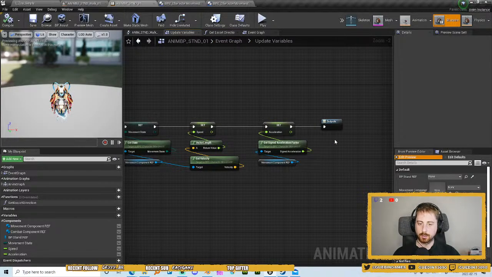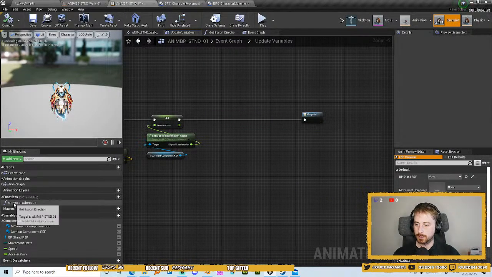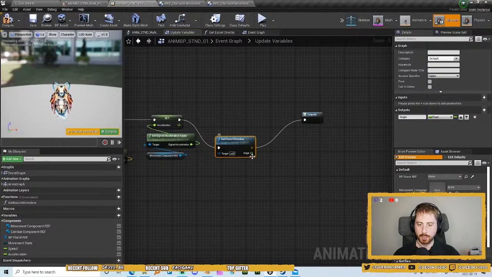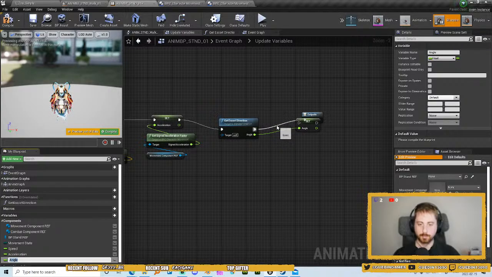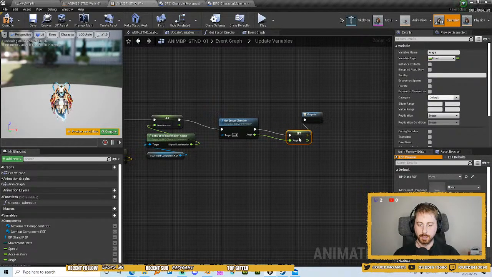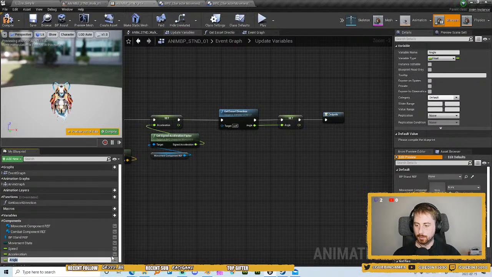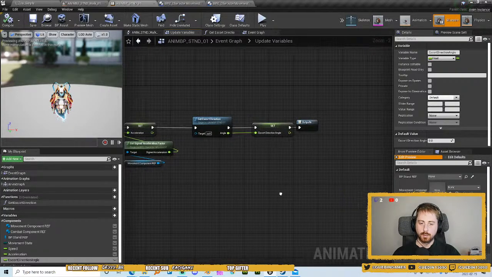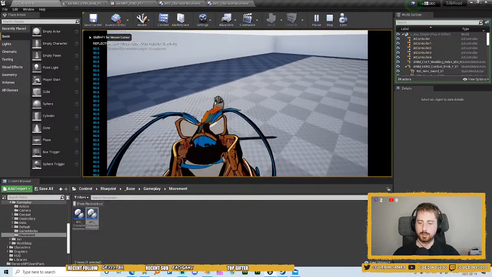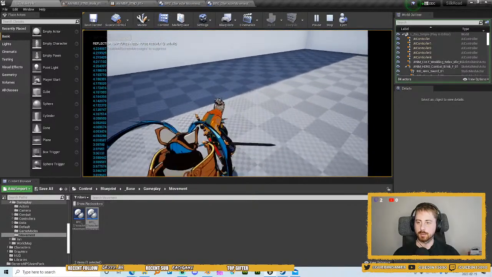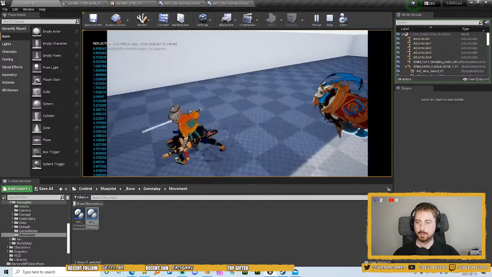So let's go back to our update variable menu and call the function and put that into a variable that we're going to call escort direction angle. All right, let's test this. So we are at 90 degrees. Okay, no, it's fine, it's fine. So we got that 0, then